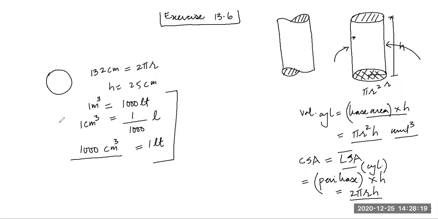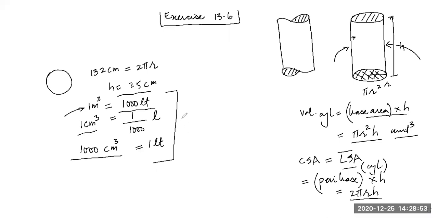All right, 1 meter cube volume, if you have length 1 meter, breadth 1 meter, height 1 meter, then it will hold 1,000 liters of water, 1,000 liters of milk, 1,000 liters of any liquid, right? If it is only 1 centimeter cube, a small volume, it will hold 1/1000th of a liter, or you can say 1,000 centimeter cube worth of volume will contain how many liters? 1 liter. Okay, that's great.